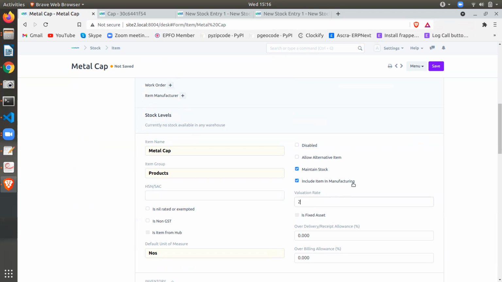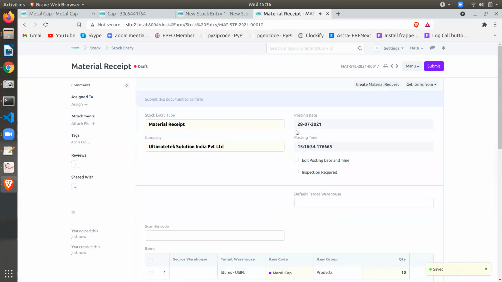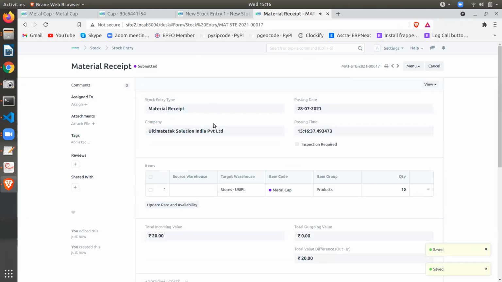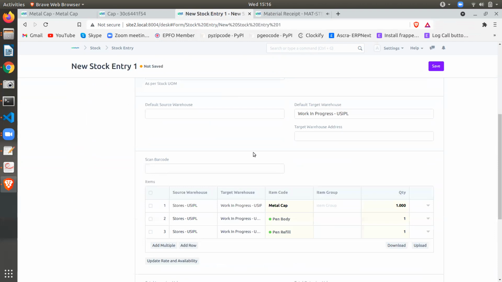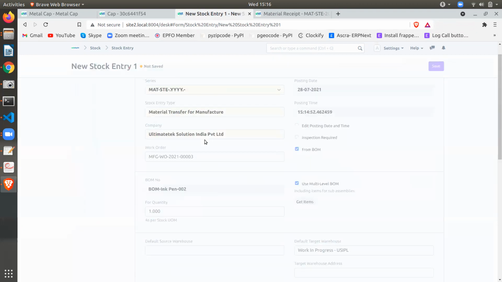Cap 2 rupees. Okay, so we'll go back to the stock entry screen for the work order, the material transfer for manufacture. So we'll try to save.